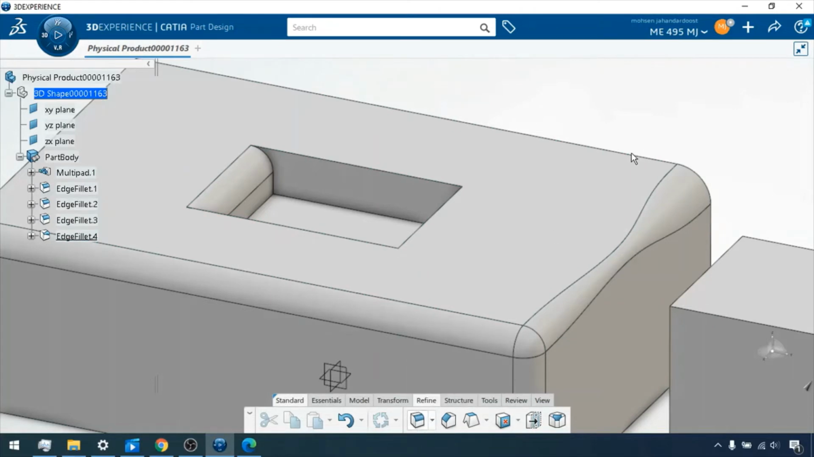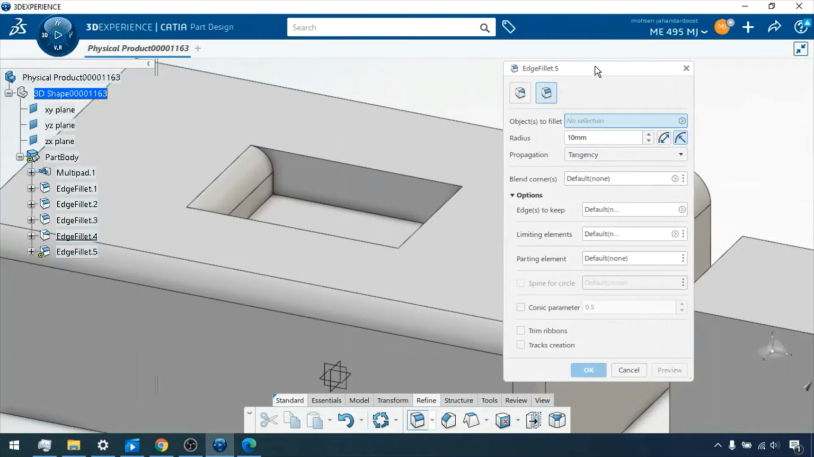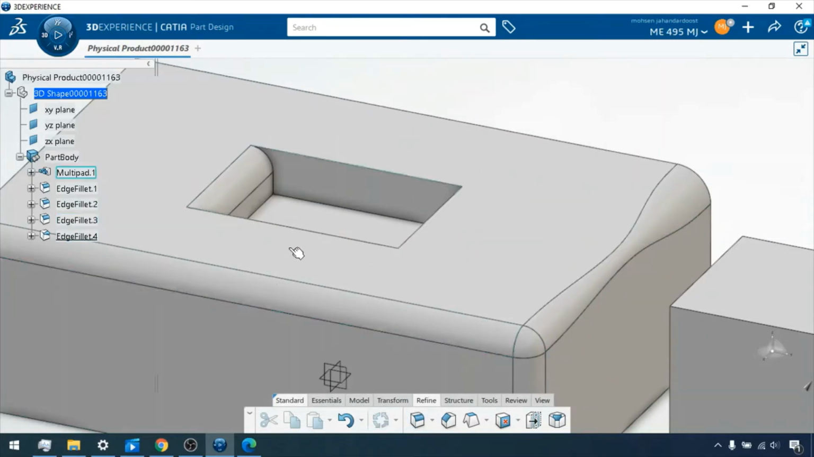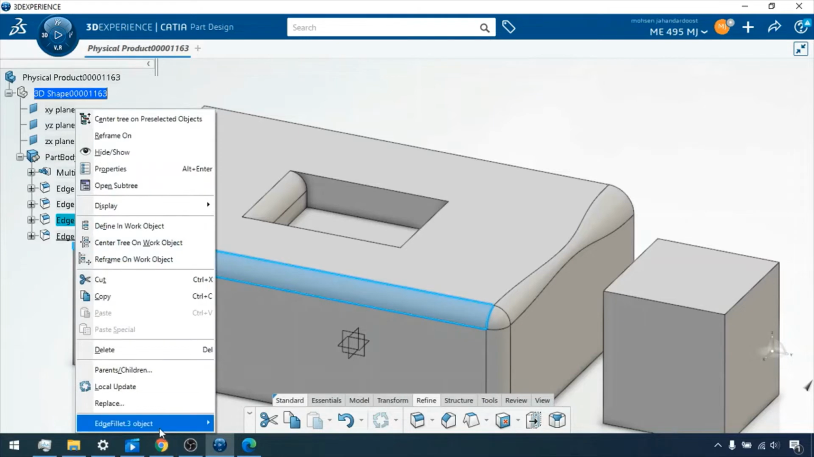The next thing is that let's say you want to stop one of these fillets at one line. For example, for this line where I created a fillet, I don't want it to go all the way through, I don't want the fillet to run from one end to the other, and I want to stop the fillet at, for example, this plane, my ZX plane. So I select the feature that I created,